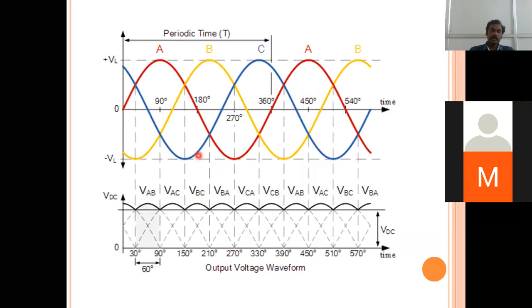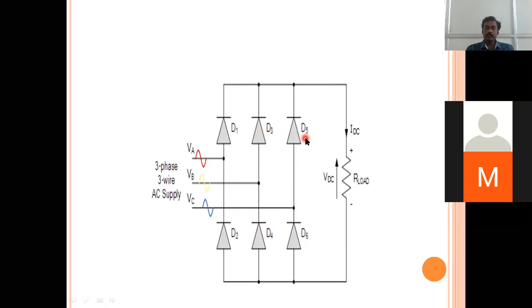So is it clear with this? You are going to have a total of 120 degrees conduction, and this total 120 degrees conduction is going to be shared by the devices. Okay. So this is the case of an uncontrolled rectifier provided with the diodes D1, D3, D5 operating for the positive values of the supply, and D2, D4, D6 operating for the negative values of the supply. Here also, whenever you consider the conduction spans for these devices, the first is going to have the conduction from 30 to 150, the next from 150 to 270, and this is from 270 to 390.